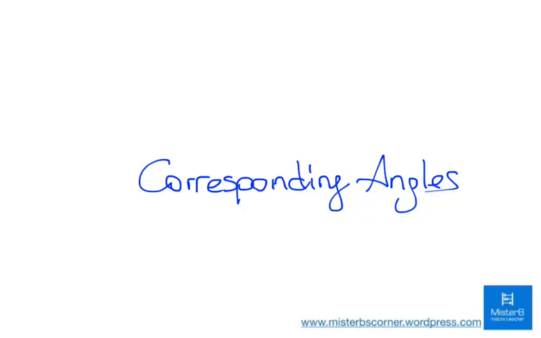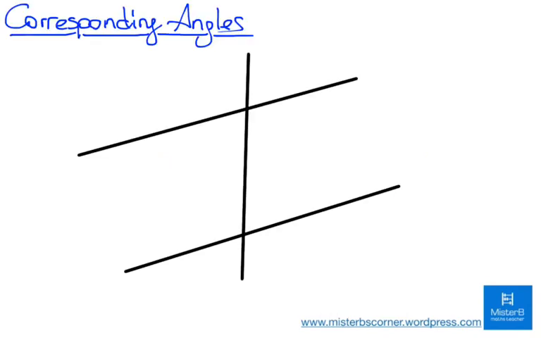In this video, we're going to learn about corresponding angles. You can find corresponding angles on two parallel lines cut by another line. So these two lines are parallel, and we have some angles formed in each intersection. So I'm going to name these angles